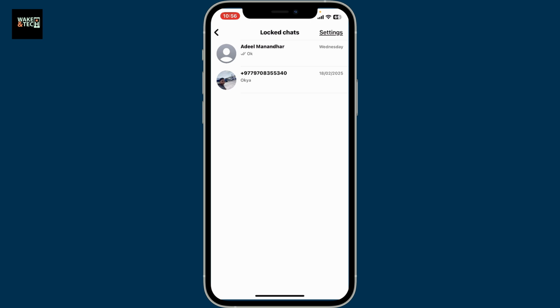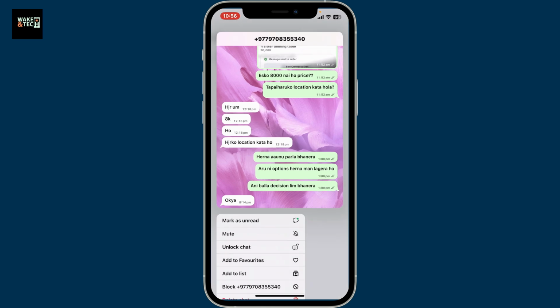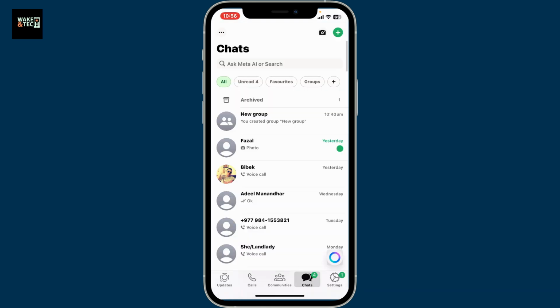If you ever want to unlock or remove the chat lock, press and hold on the conversation, and then in the pop-up, click on Unlock Chat. And that's how you can easily lock and unlock chats in WhatsApp, in a smart way to keep your private